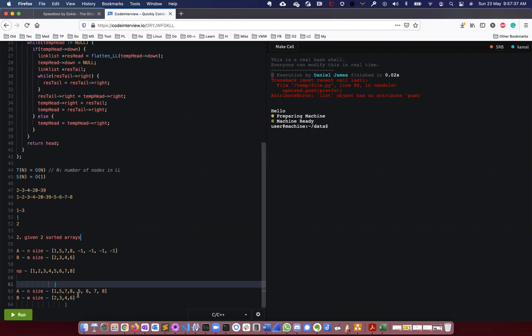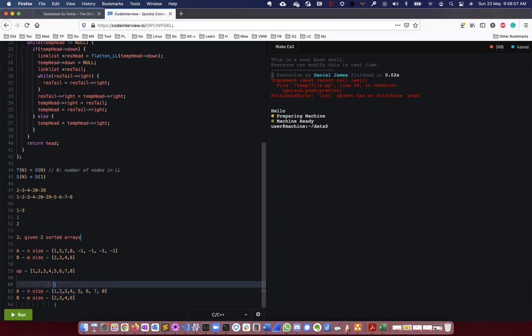I put 5 here, and move the pointer to the left side of the array. Then 1 and 4, and I put 4 here, and move the pointer of B to the left side. Then 1 and 3, 3 is bigger, so I put 3 here and move to the left side. Then I put 2 here, and then this is sorted.